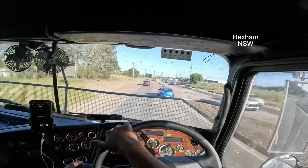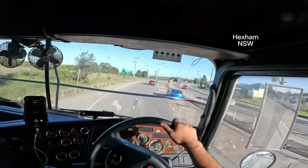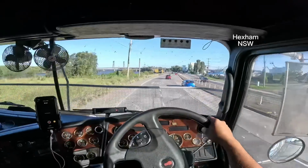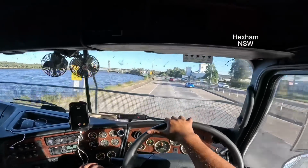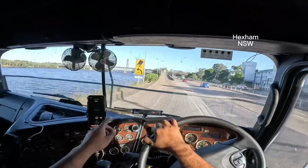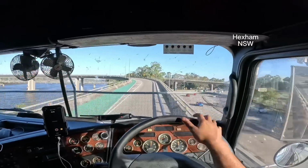This is the Hexham Bridge here. If I had stayed going that way, that would take me to Newcastle, I think. I've never been down that road. It gets a bit dicey when you're on the southbound side coming over this river, because that old bridge over there is narrow. There's enough room for 2 trucks to be side by side, but